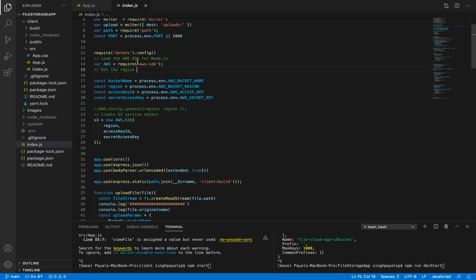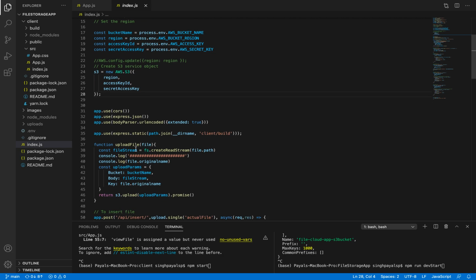This will import the AWS SDK libraries, and this is the object we are going to use in our code. We will create an S3 object here, which is provided by the AWS SDK, and the S3 function will take the region, the access key, and the secret access key. So this S3 object will have my region, my access key ID, and my secret access key of my bucket.